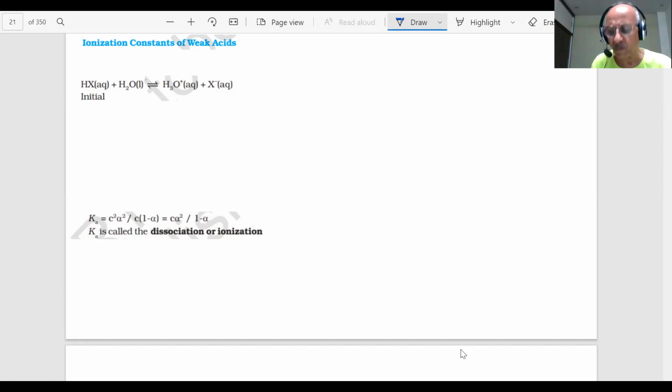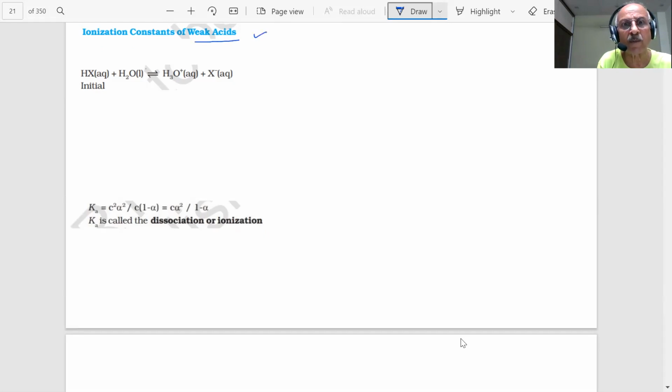And a very important formula which we called the Debye-Onsager equation, students. The Debye-Onsager equation is very important and is a question for the paper. We already said, for example, if this is a weak acid, the ionization constant of the weak acid, we have derived a formula, very important. If the original concentration is C, in the beginning you have 0 of the ions, and if alpha is the degree of ionization or dissociation, then what happens at equilibrium?